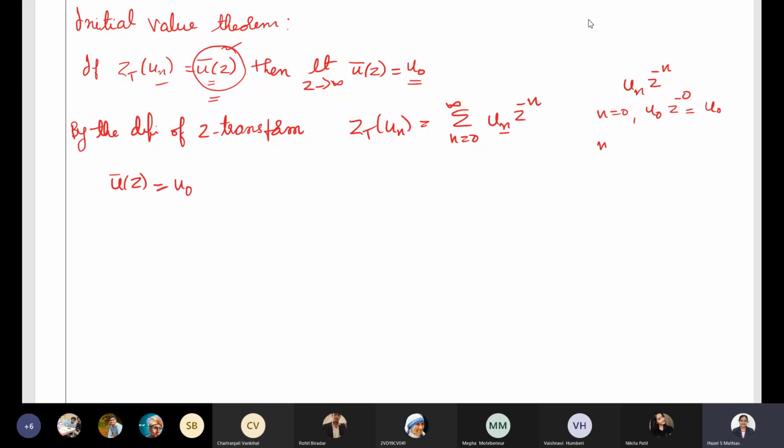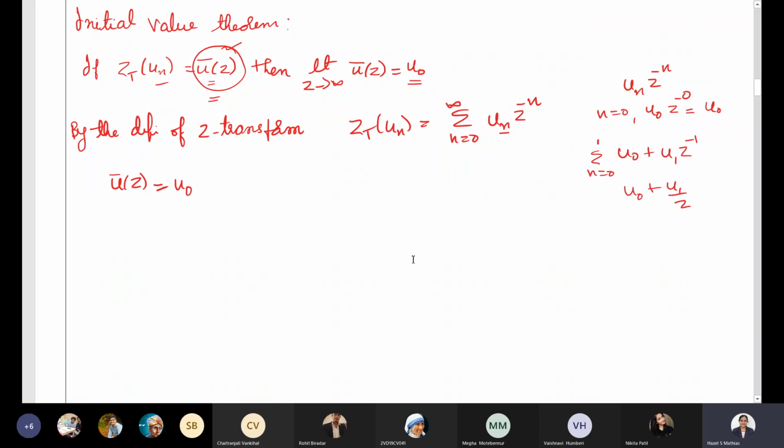Then, when n equal to 1, what do we get? You should first start the summation, which runs from n equal to 0 to infinity. So remember, if I take n equal to 1, the summation will vary from 0 up to 1. So when n equal to 0 it is u naught, plus when n equal to 1 it will be u1 z power minus 1, that is nothing but u naught plus u1 by z. So it continues like this, and when you add up, you will get terms like this.